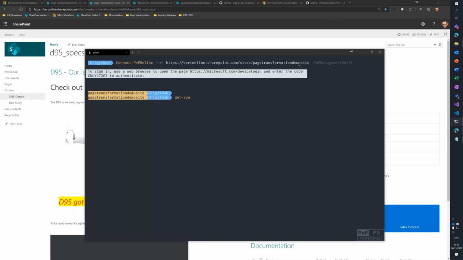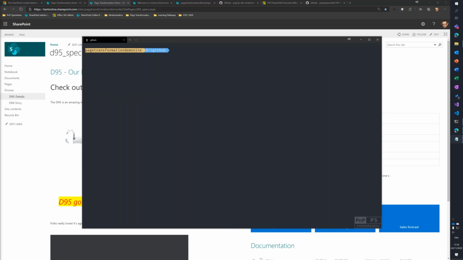For that, there is the cmdlet called ConvertTo-PnPClientSidePage. This one. You specify the page name, D95_specs. I'm going to overwrite the page if it already exists. So if there was already a modern page created in a previous run, I'm just simply overwriting that one. I'm going to keep the page creation and modification information, so I'm going to keep the page author, change data, and so on. And I'm going to copy page metadata. So if the site pages library has metadata, then I'm going to copy that from the source page to the target page. That's what will happen over here. So if I hit enter,